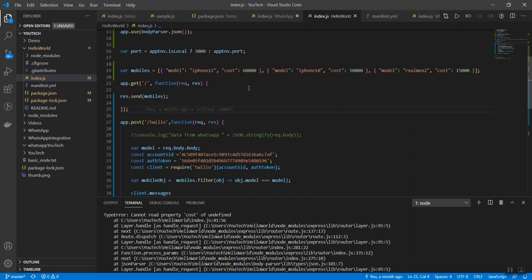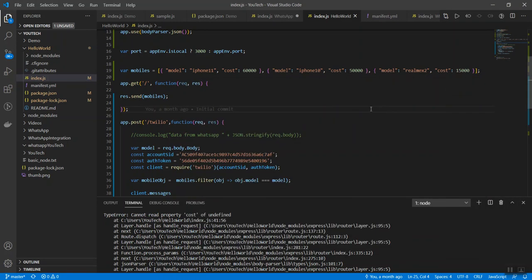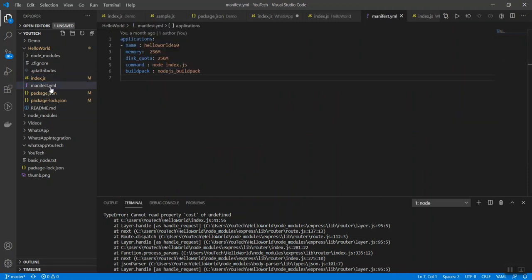This is a simple thing. We have an SCP trial account, and we have created a Twilio account as well. We have used ngrok for local testing purposes. ngrok will create an HTTP URL for us. It's a kind of a tunnel. It will open a tunnel between our laptop and our third-party applications. So once everything is done, this is the last one. I have created a manifest.yaml file. In the first video of this channel, we haven't created a YAML file for deploying the application to your SCP cloud. Now I have created a YAML file.